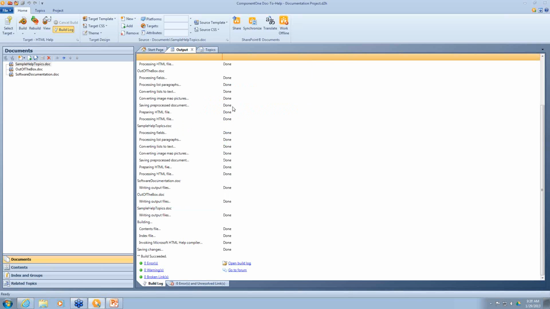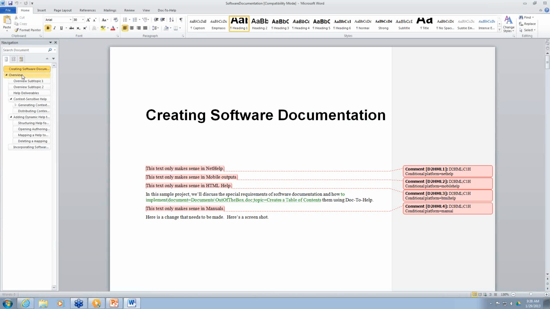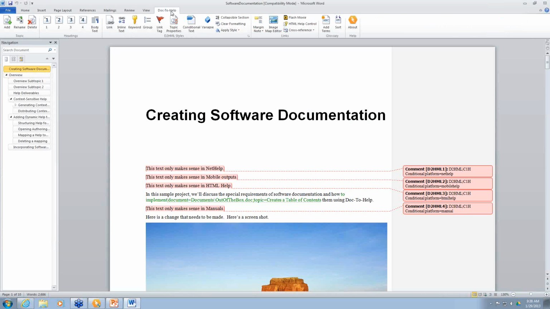So in using the core functionality of DocToHelp and the new outputs, we were able to take in these just simple Word documents. If I open up any of these, they are still a .doc file, still open up natively in Word. Add on the DocToHelp toolbar for added functionality. But I was able to take these documents, add them to my project, build all of my new outputs,